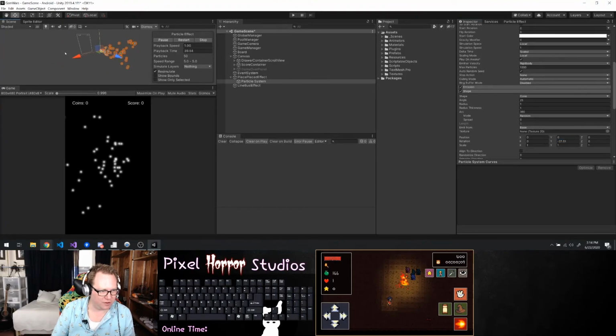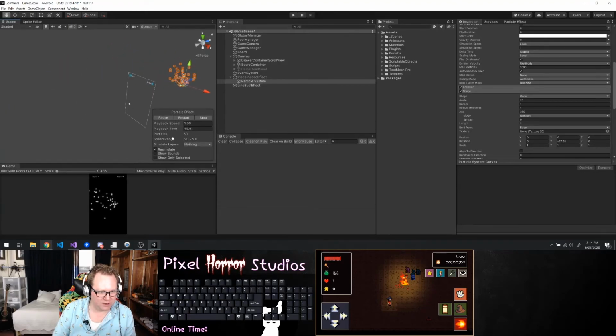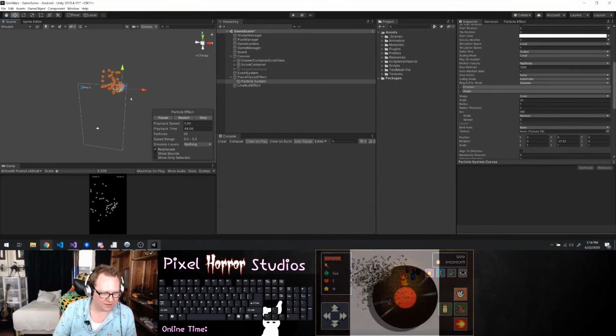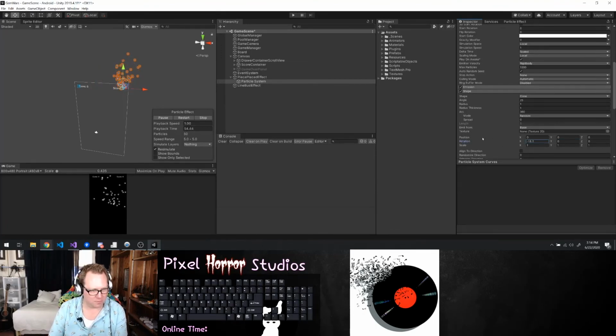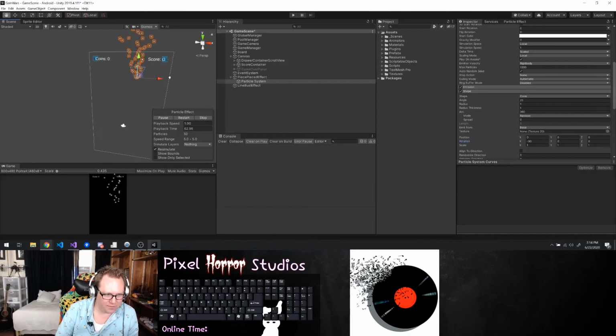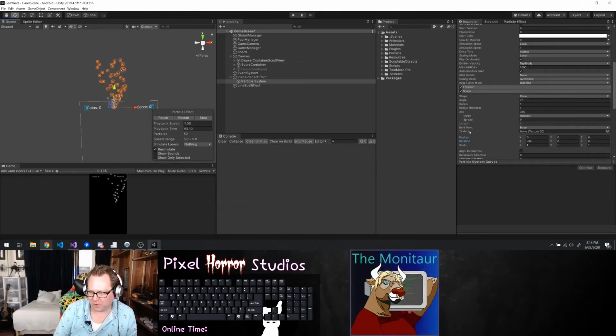I'm going to do this in 3D so I can actually see what's happening. Currently the area that it's being dispersed in is not the angle I want. So we want to put this at -90. Just at 90, -90. Okay. And so for our particle effect,